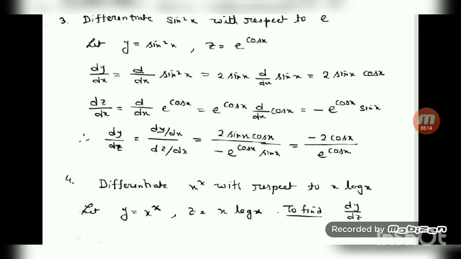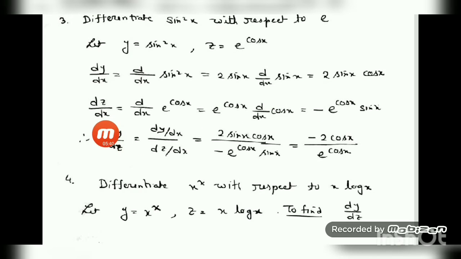Hope you understand what is the formula we have to apply here. Yes, sin square x can be written as sin x whole square. Power is constant, so we can use x to the power n formula. x to the power n formula gives you n x to the power n minus 1, that is 2 sin x. But as your x is sin x, so take differentiation of sin x with respect to x. That is equal to what? 2 sin x, derivative of sin x is cos x.